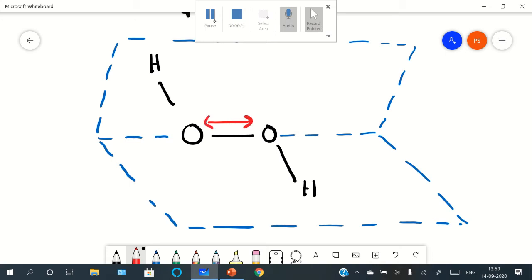The oxygen-oxygen bond length is almost similar, 1.48 angstrom. The oxygen-hydrogen bond length is a little bit higher but almost similar, 0.98 angstrom, but the angle here is quite